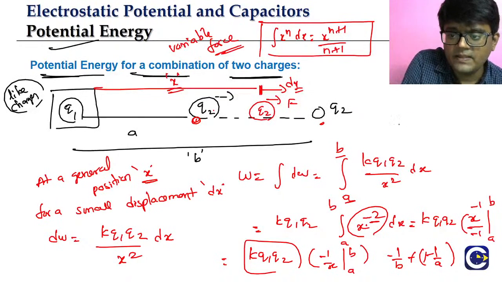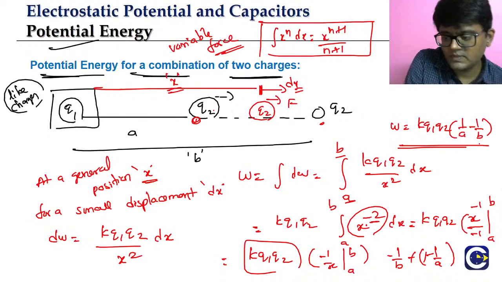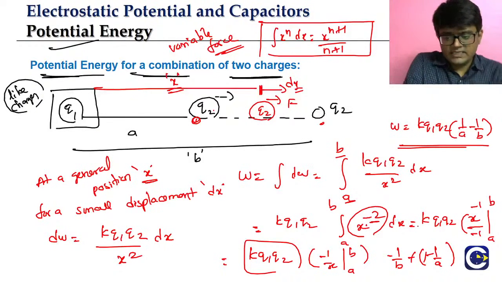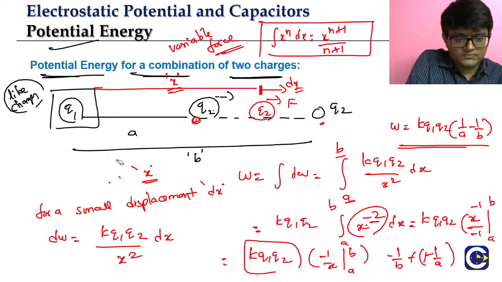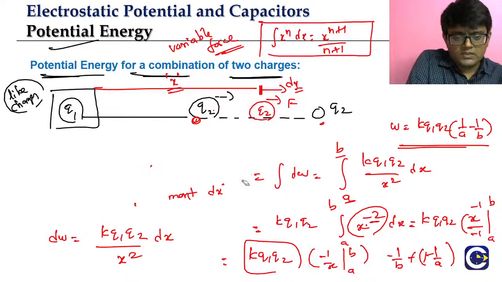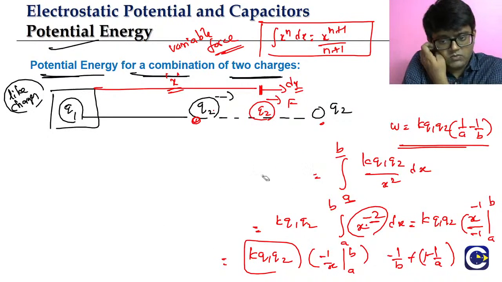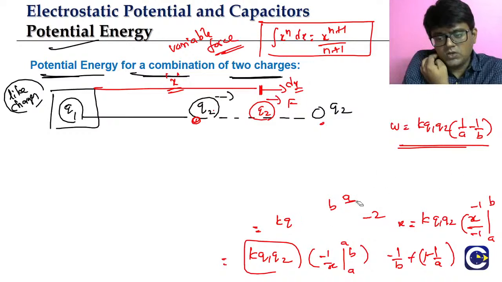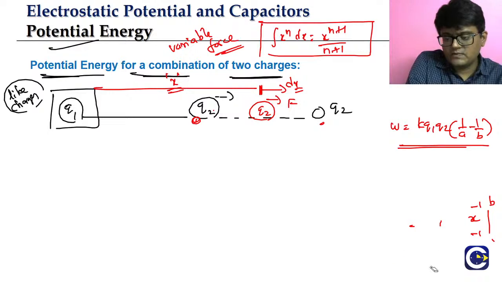So totally, look, what is this W value? K q1 q2 into 1 by A minus 1 by B. This is the work done. Just in the final step of our integration we have to be a little careful. So what is the work done formula? W is equal to what? K q1 q2 into 1 by A minus 1 by B. This is the expression for work done